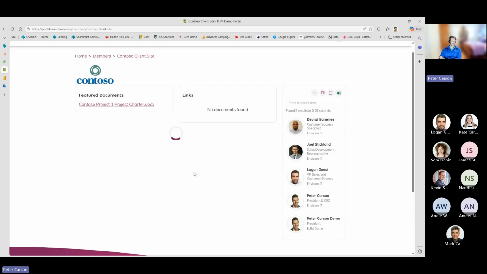And this is a piece that we actually haven't built in our integration just yet. We're kind of getting the master data record together first and then pushing the data back to say, hey, if I had a new contact through here, wouldn't it be great if that contact went into HubSpot so they were there from a marketing point of view? Or if they were already in HubSpot, when I go to add them here, can I just search from HubSpot and drop them in? All of those things are possible once we've got the data talking between these different systems.